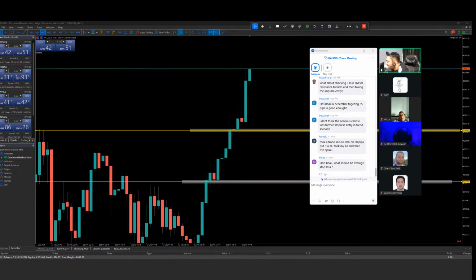Someone is telling me that when they execute with the impulse entry, they just hit their SL, and whenever they don't have a mind to take the impulse entry, price goes in their favor. So, bro, you need to understand first things first. The impulse entry mostly comes with experience. First, you need to go through the process. The first step is to get a proper grip on your closure candle, a candle closing in your way. Once you have a proper grip on that, then you can move on to practicing impulse entries. I would advise you not to try impulse entries on your live account if you're a beginner. Try some backtesting on a simulator for the impulse entry, and then give your trade a chance there.